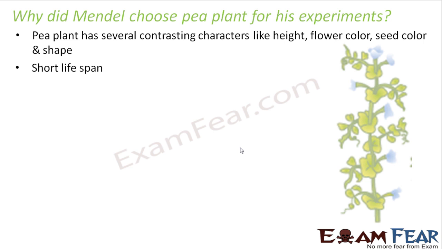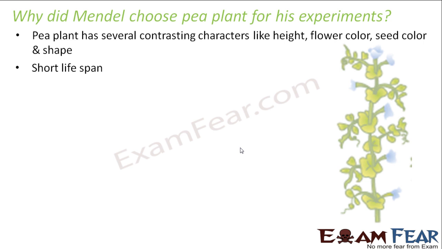What he was trying to do was cross-pollinating plants, producing a new generation. Now if the plant has a short lifespan, the new generation produced will grow fast. As soon as they grow, he can again cross-pollinate them or self-pollinate them, and again the next generation will come up. Since they have a short lifespan, the plants live out their entire lifespan. So he can perform a lot of experiments, a longer chain of experiments.